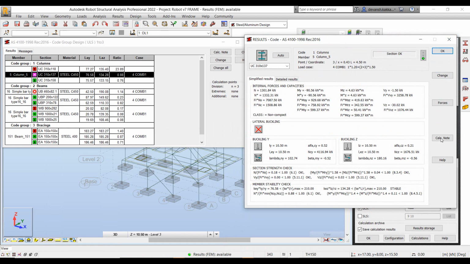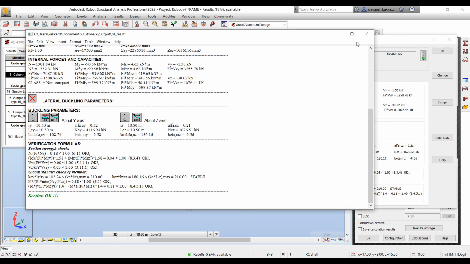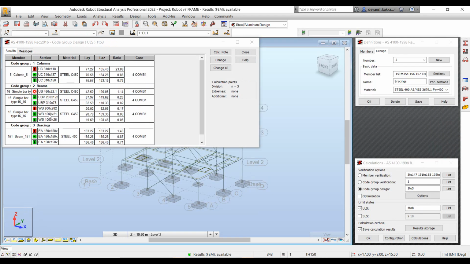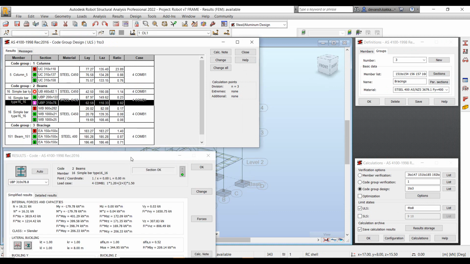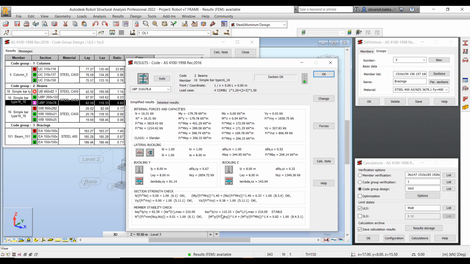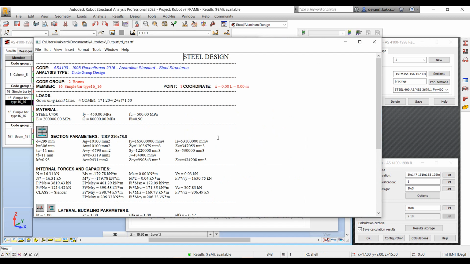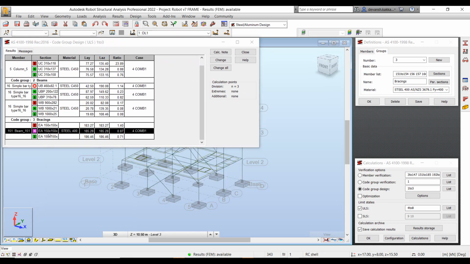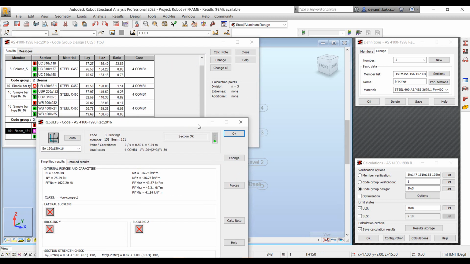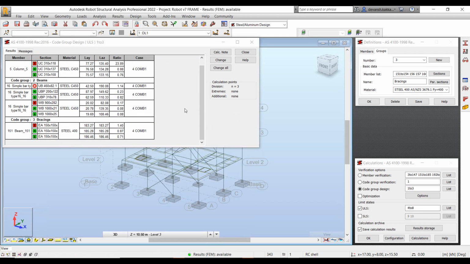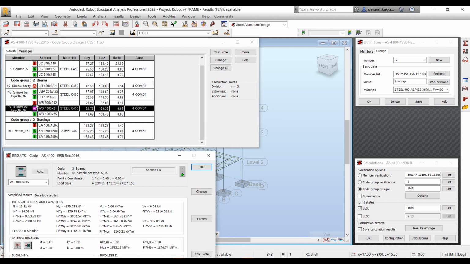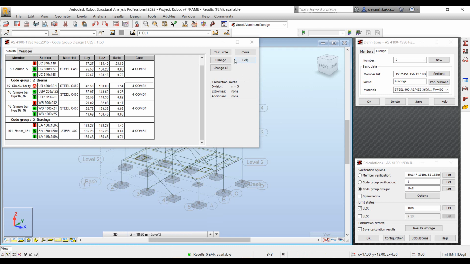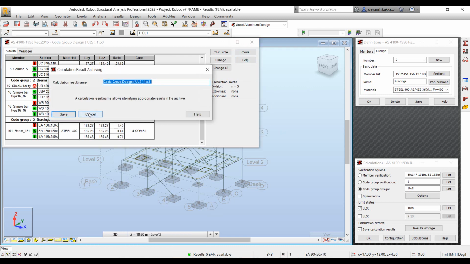Depending on the engineering judgment, you can make a call as to what section size you want to use for that particular element. You have this option of quickly applying that particular size, as well as you can quickly validate the detailed calculations for that particular element. Once the calculations are done, you can quickly update the properties in one single click. So this is the methodology that you can follow to do steel design in Robot.